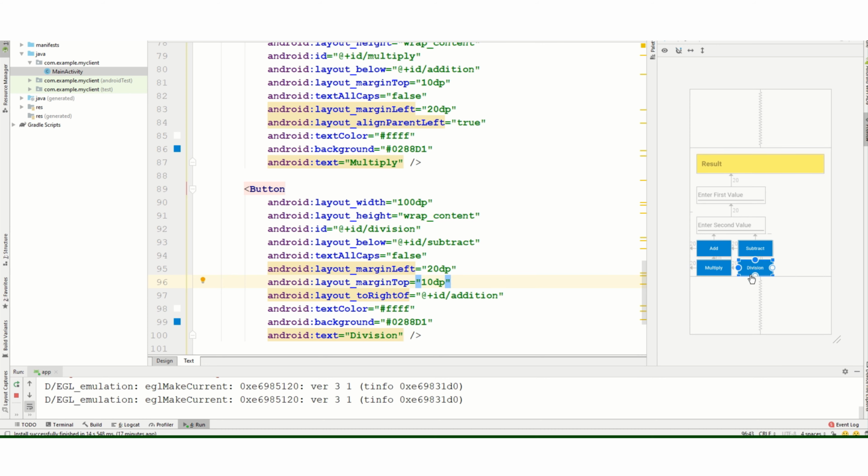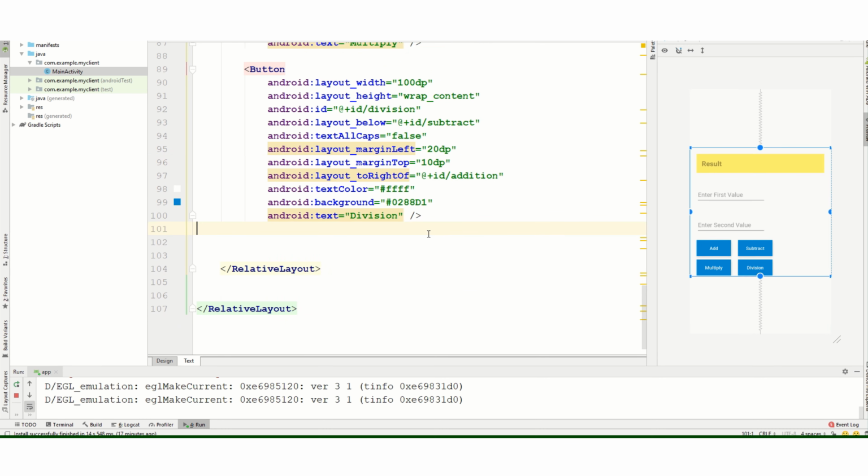UI part is almost done, and let's include one more button, that is clear data.